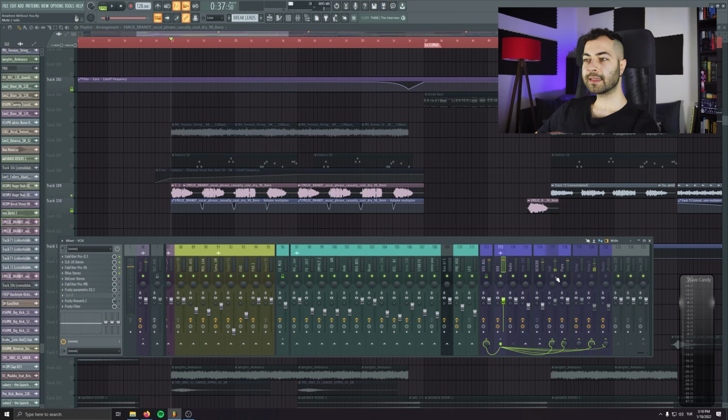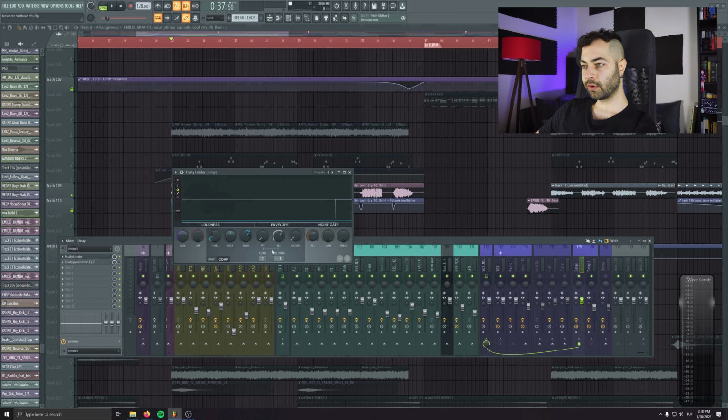So you see the plate is just widening and brightening the sound, and the hall is giving space to it. And with the two of them, I'm sending them to individual reverb channels. I'm sending the vocal, and they are going to their own bus. You can put a limiter in here, and you can sidechain it with the vocals, if you want a cleaner vocal. All of them go to a vocal final, which I'm gonna come to in a second, because we have one delay channel in here. And the delay is sidechained to the vocal itself. When the vocal is playing, the delay is ducking down.